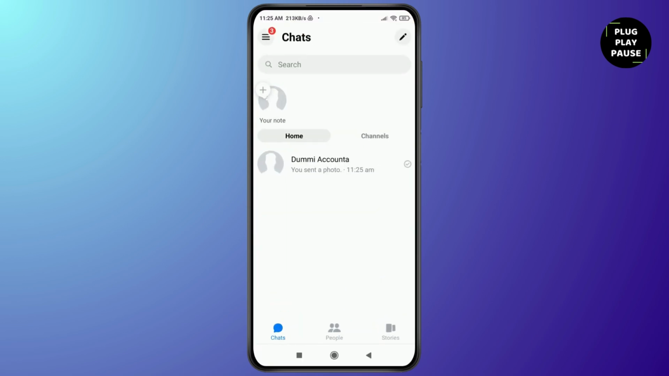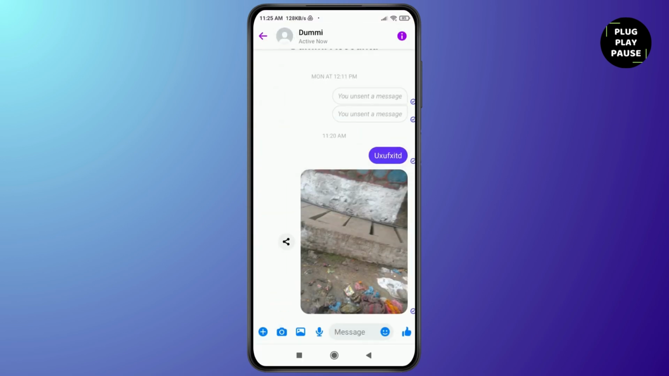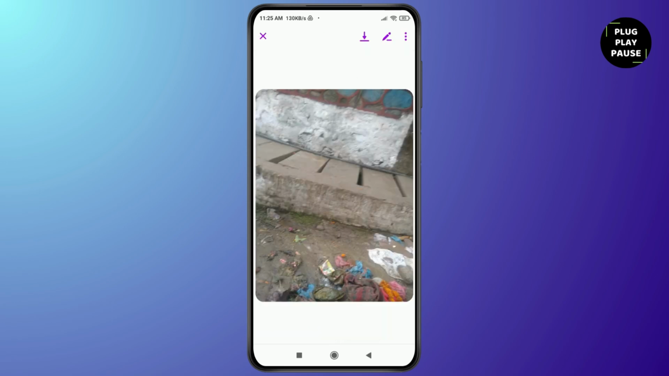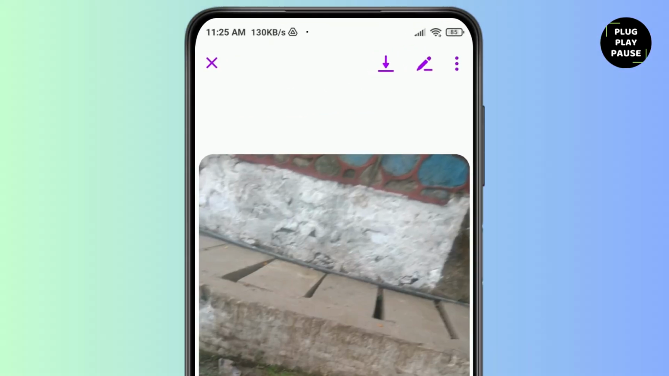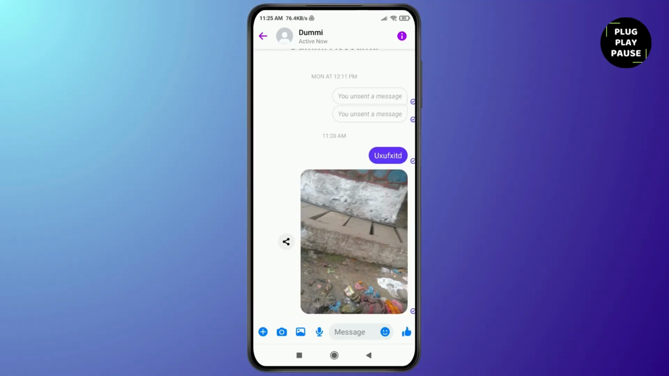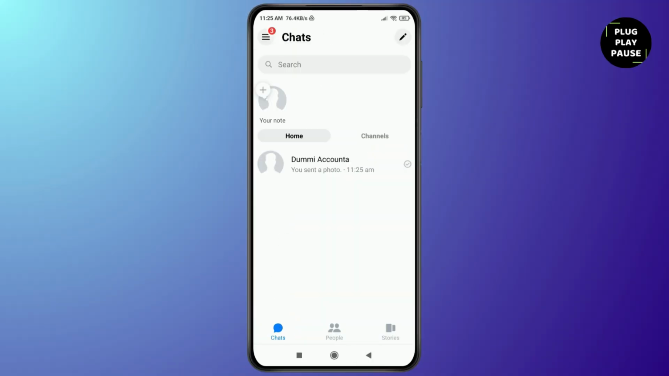After that, you can simply open the profile of the person whose photo you want to save. If it is a single photo, then you can simply tap on this option, which is the down-right arrow, and the photo will be saved. But if you want to save all the photos that a certain someone has sent on your Messenger,